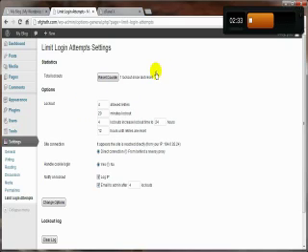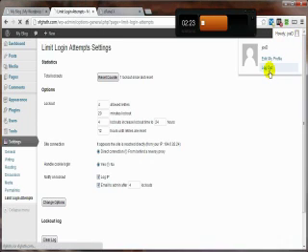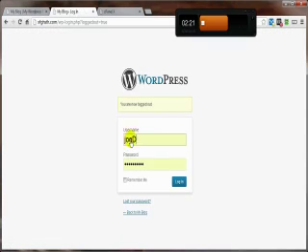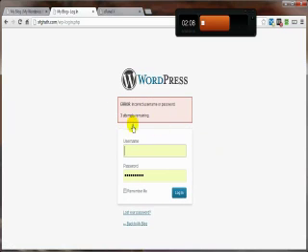Now, if for some odd reason you have, as the administrator, not remembered your password or you screwed something up, let me show you what happens. Let me get this guy out of the way here. Let's go ahead and log out, and then try to log in with something other than what's proper. Try this now. And there, see, you get this box that pops up, and you've got 3 more attempts before it really messes things up. So if you can't remember your administrator login credentials in 4 attempts, well, you probably ought to just